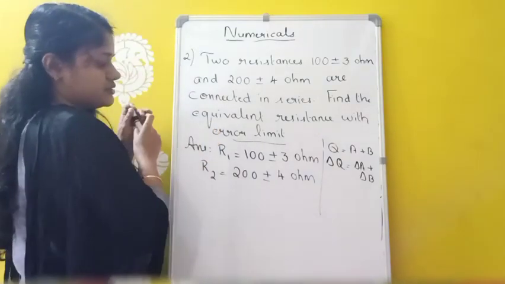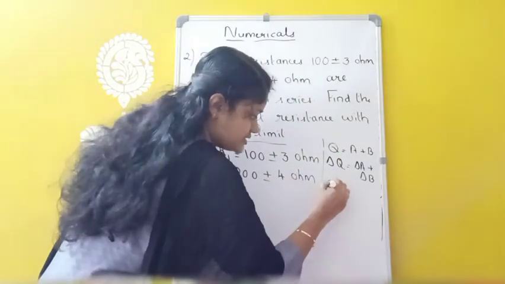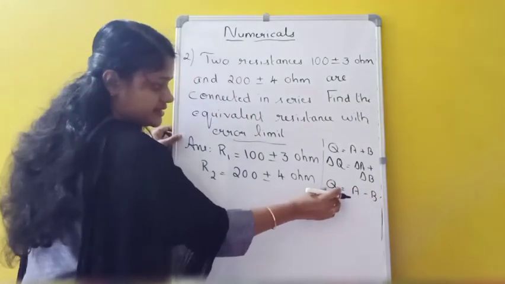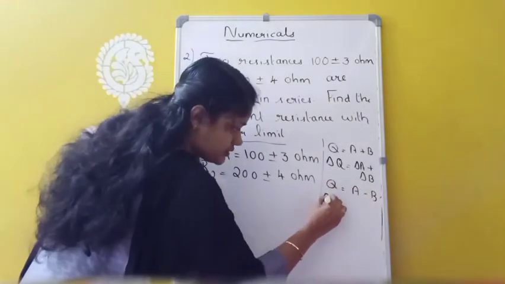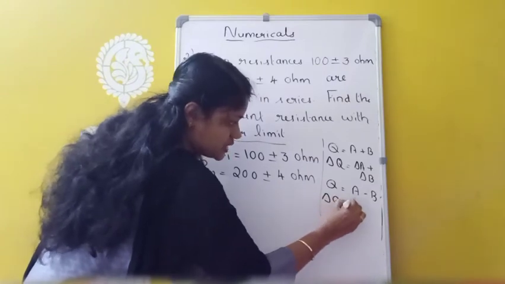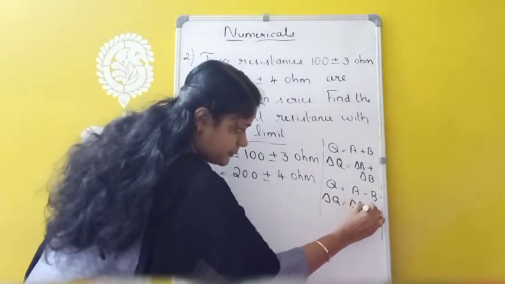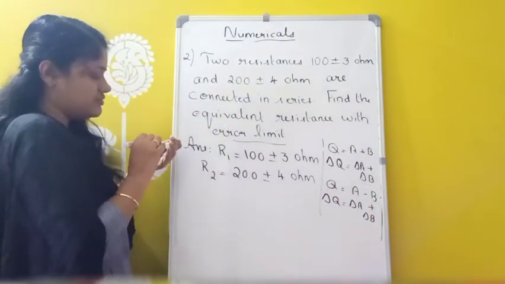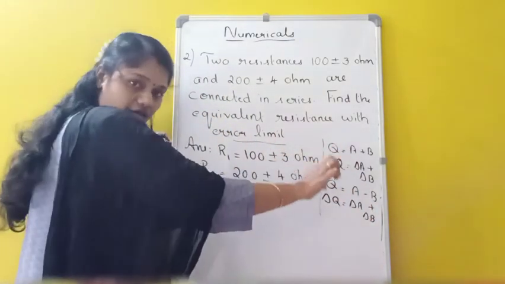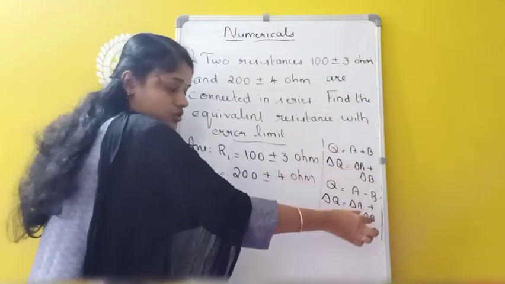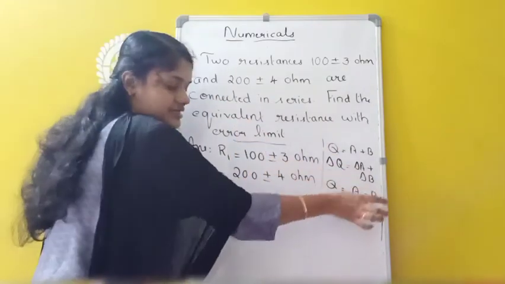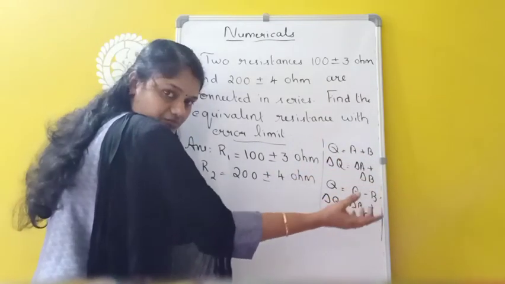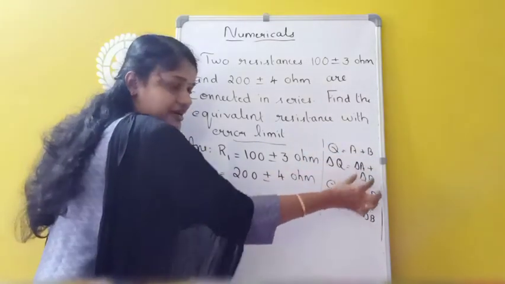Similarly, suppose we have one physical quantity Q as A minus B. Then here the error in the measurement of Q can be written as delta Q equals delta A plus delta B. So it is not minus. Whenever we are adding or subtracting, we only add the errors. So always we are adding the errors. We will not subtract errors. Suppose the quantity is an addition or it may be a subtraction, in both cases we are adding the errors.